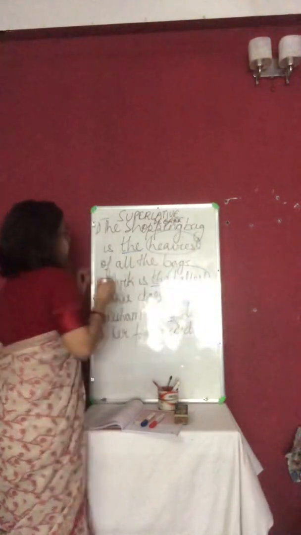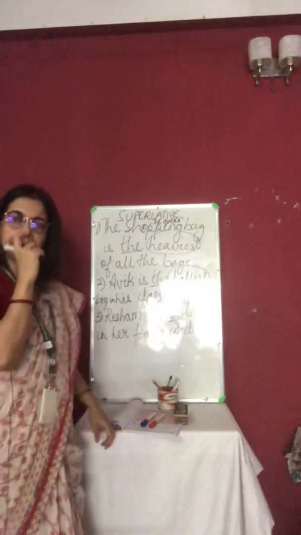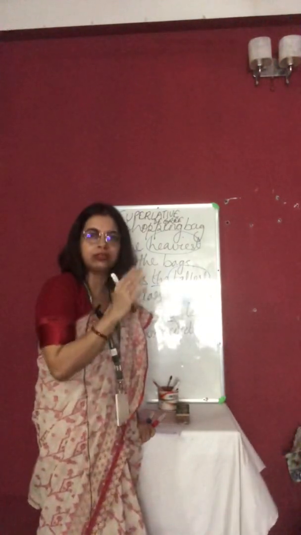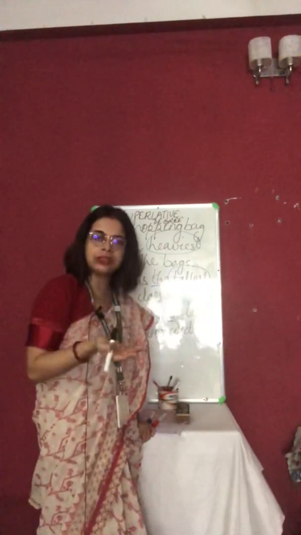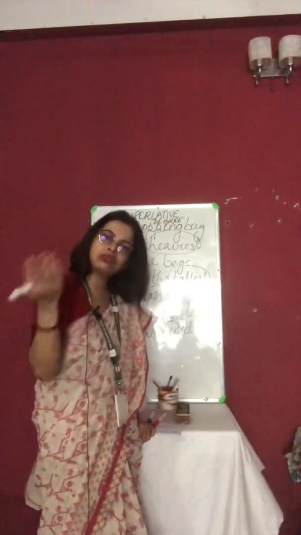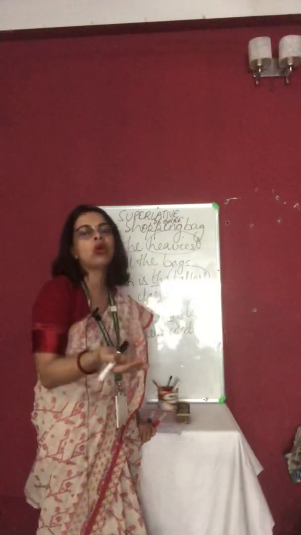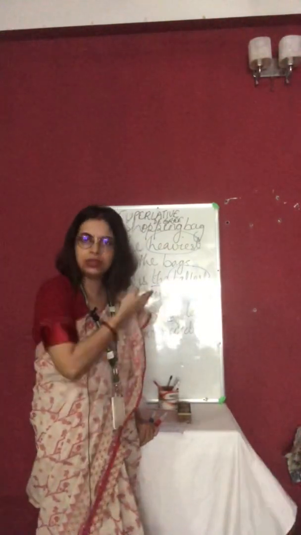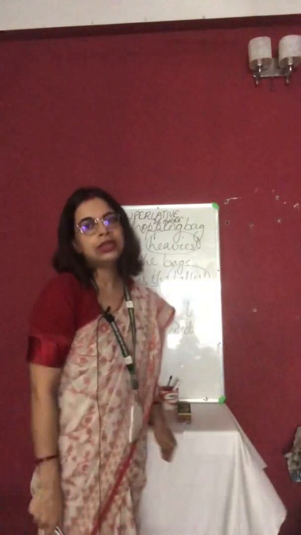So, the first one, what we had done, positive degree. What are the 3 degrees of adjective? Positive. What is positive? Positive is that which does not change from the simpler form to any other form, like tall, clever, then heavy. These 3 examples I had started. Now, first one was positive. Second one is